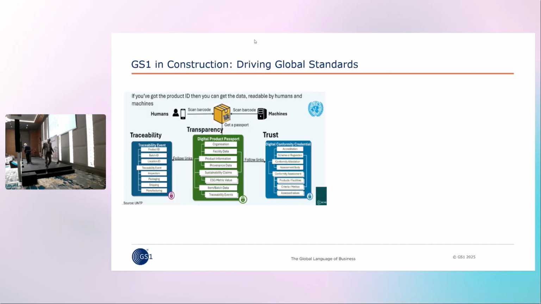Okay, so now that I can see it on screen here, as you can see on the left-hand side, this is not unique. It's the UN is involved in this as well. So I'll speed up now. So I've been told I've got 9 minutes from the French lady over there.